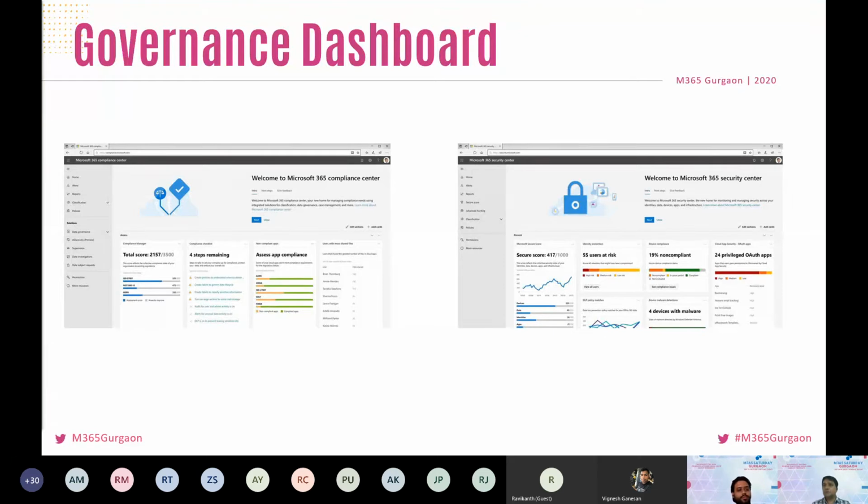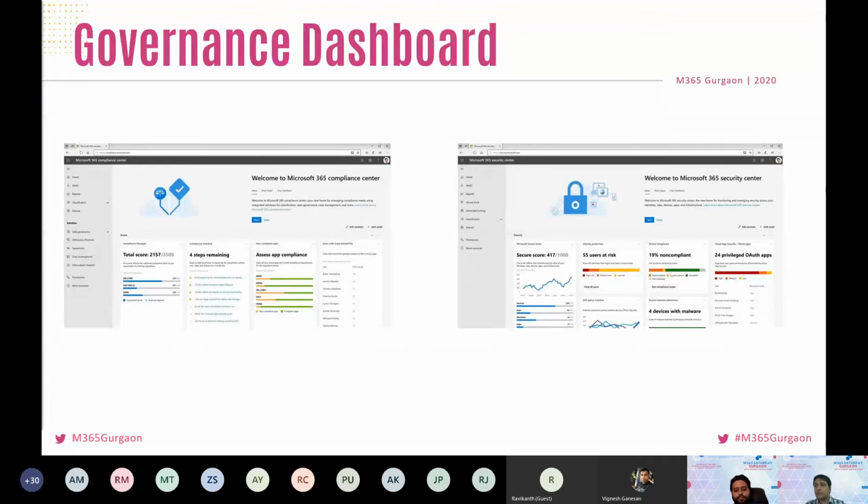Okay. So I will quickly cover this dashboard part because we need to jump onto the demo. The governance dashboard is a snapshot of your organization, and it is being published as the Microsoft 365 compliance center. That's the latest addition to the various admin centers on the Office 365 app launcher.